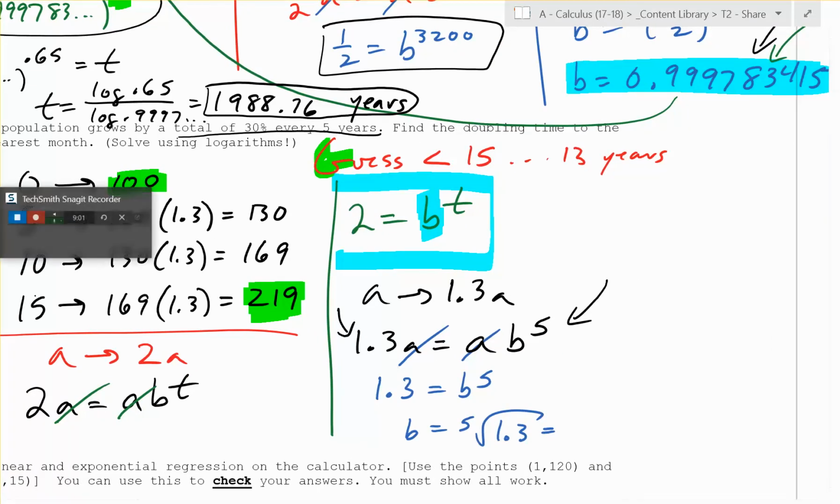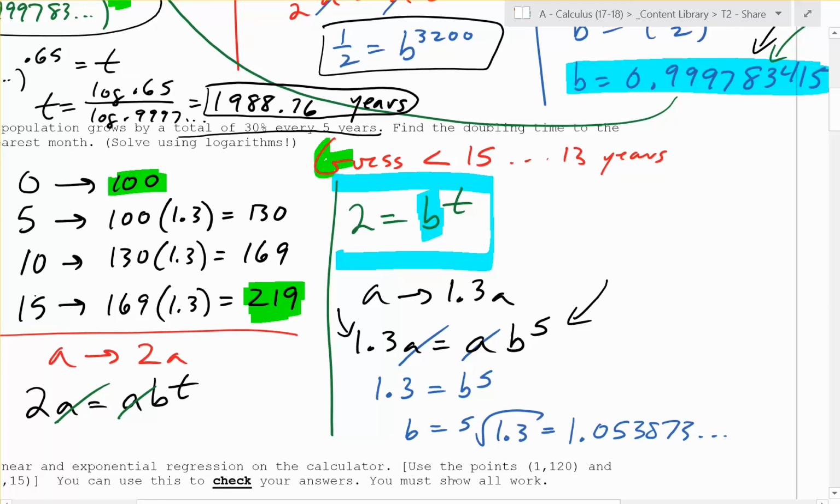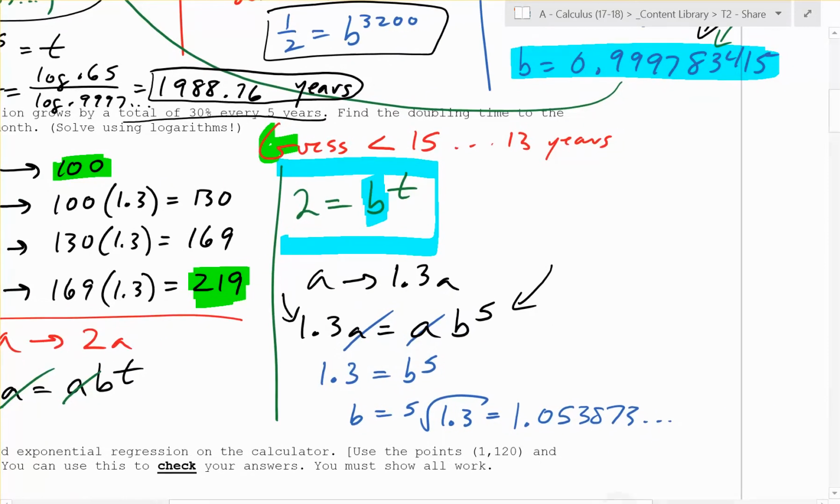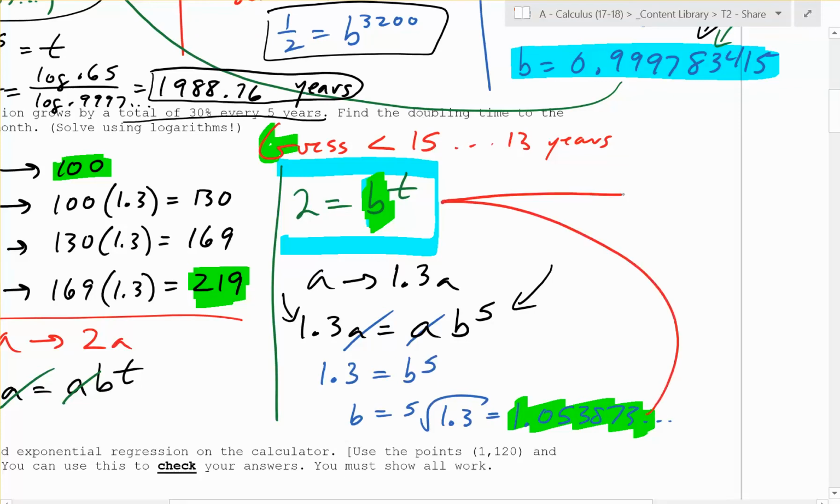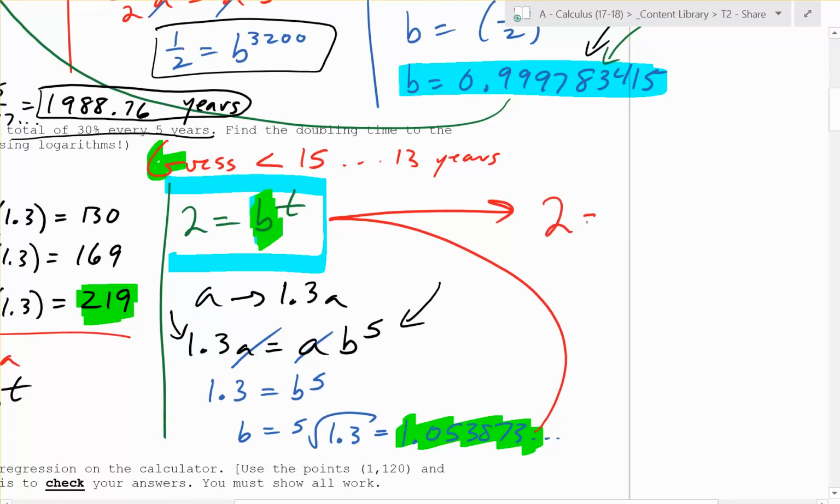If you wanted the decimal, you get this big long decimal that you definitely store in your calculator, which I'm doing right now. I'm storing it as letter B. And we now do the same thing we did before. We take this number right here and plug it into the B right there. So we end up with 2 is equal to